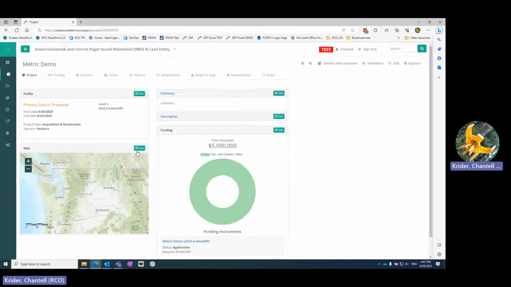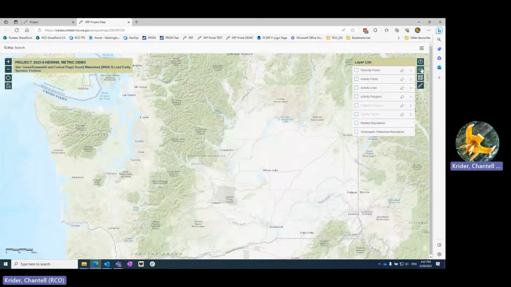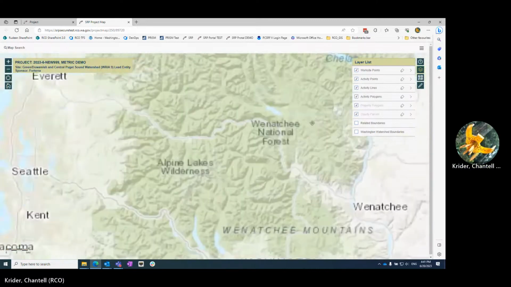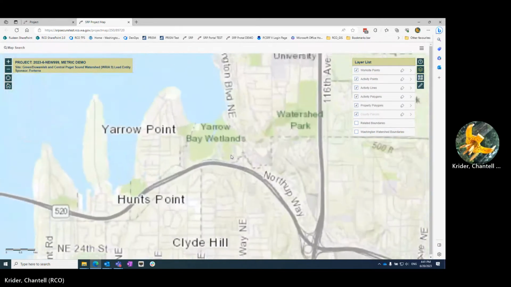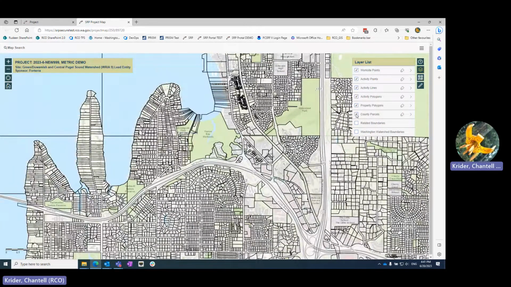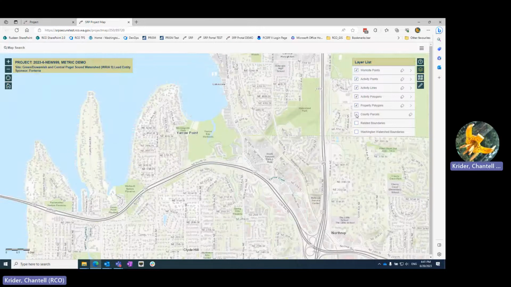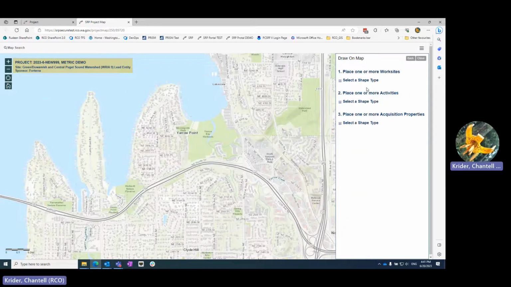So the first thing we're going to want to do is add work sites, zoom to our project location. You'll notice the parcels come on. You can turn those off by going to the layer list. Ready to add our work site. So you click on the pencil,